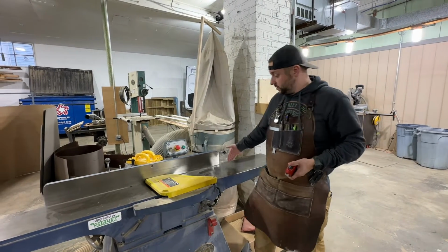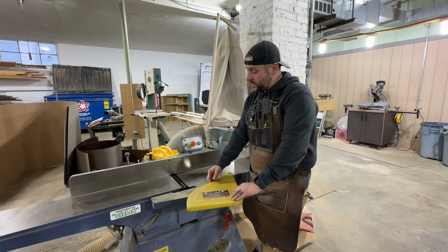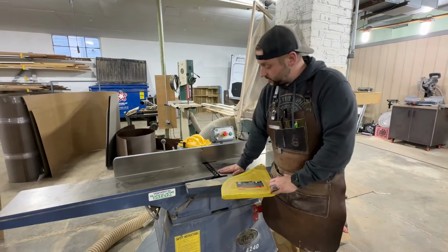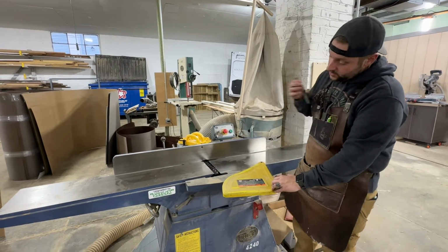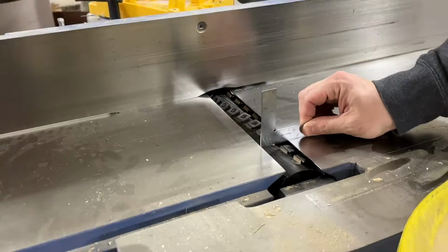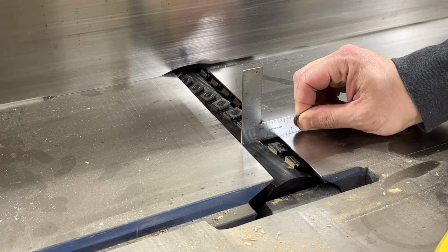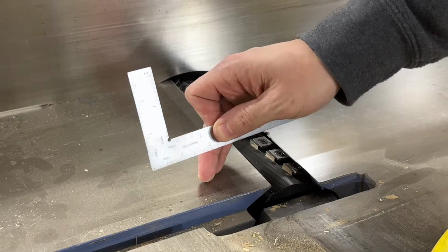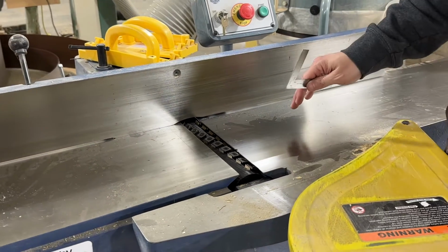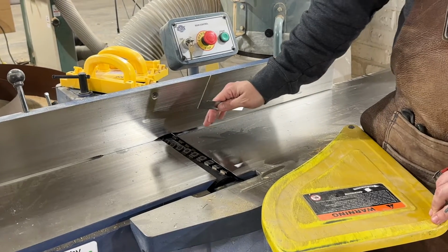So you come in here, and your cutter head is actually higher than this in-feed table, and you're out-feeding onto the higher table. So you can see here that the outfeed table is higher. So you're moving just from one flat reference to another. And if you're doing something really long, you want to be able to have enough flat reference